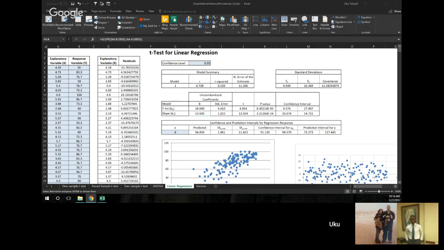14.715. So that's B1. Now construct a 95% confidence interval for B1, and put your answer in the lower and upper bound. So an important thing,